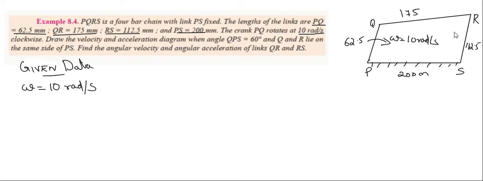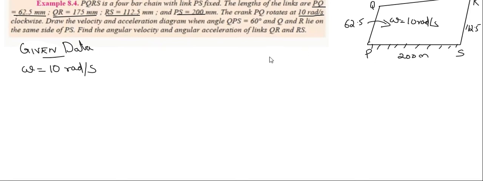So you should be able to draw this rough diagram from the given data. And one more thing, since you have given omega, that is the relative velocity of link QP, so we can directly find VQP, or we can write just VQ, because as I said, there is a convention to avoid the stationary point from the acceleration and velocity notations. So VQ, you will see in text that only VQ is mentioned, but actually they are representing VQP, that is velocity of Q with respect to P, but since P is stationary, we will skip that P.